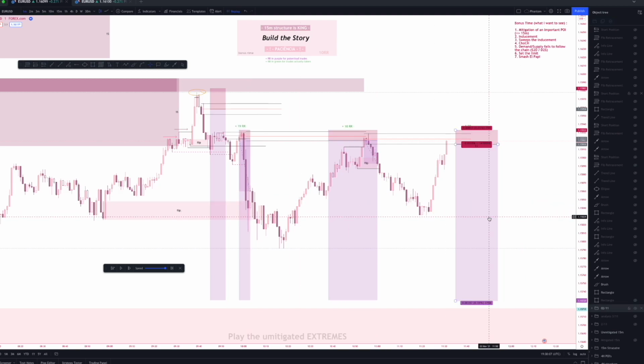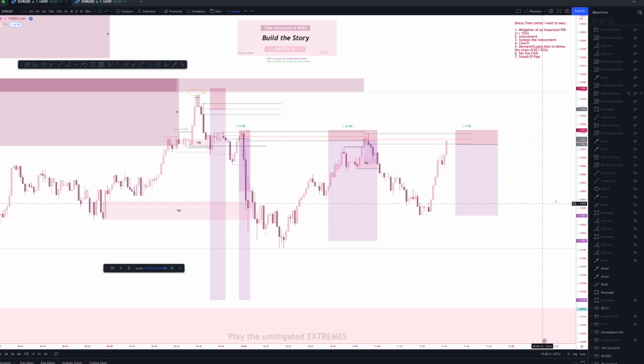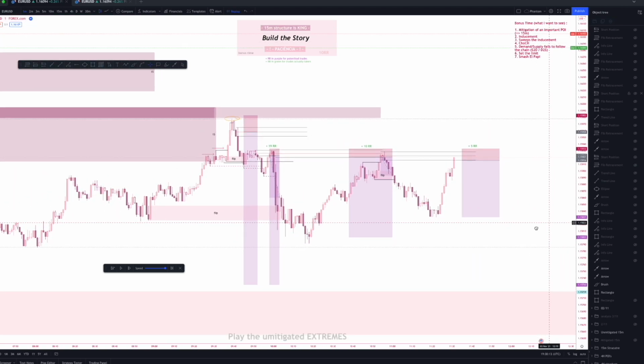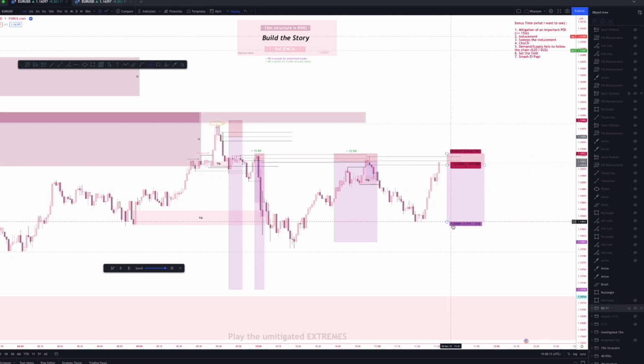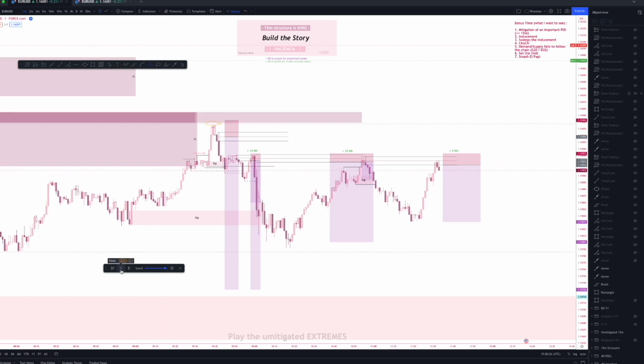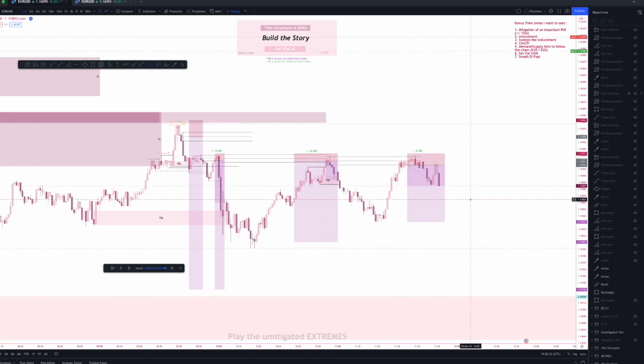Yeah, that's true. But again, the moment we are greedy is the moment that we may lose everything. So if this came all the way down to this demand and it failed after that, I would be okay and glad that I took this 5R, right? So that's what I did. I waited for price to come. Looking at this PA, I was like, oh, I'm going to get swept. But no, it didn't do it.